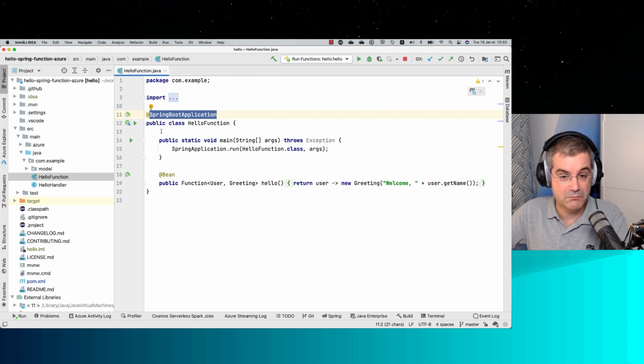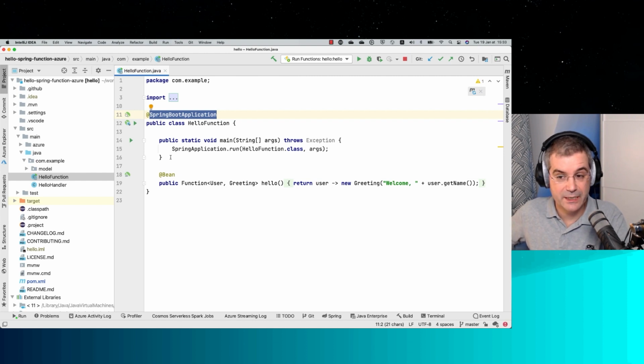I can add, I don't know, if I want to use Spring Data JPA, I can use it. If I want to use any kind of Spring Boot starter, it's going to work here. So that's a very good first point about using Spring Cloud Function: I have access to the whole Spring ecosystem. So as a developer, I will be more efficient than coding my application manually.